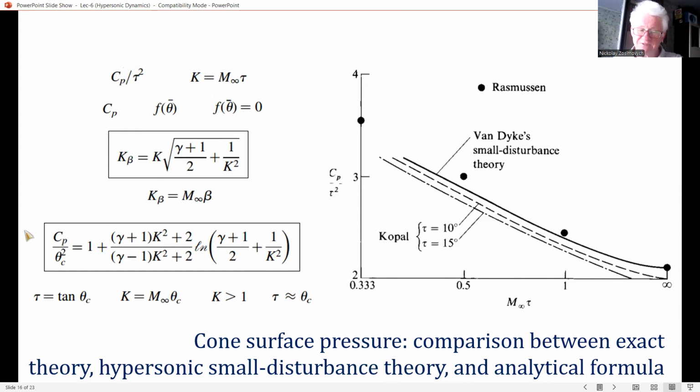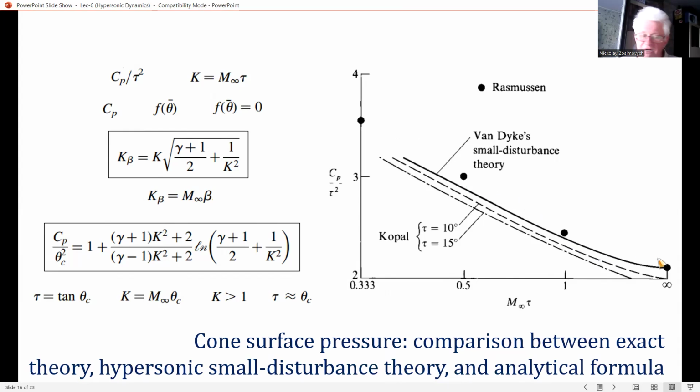In this analysis, Rasmussen approximated tau, the tangent of theta sub c, by theta c itself. And hence, in this equation of the bracket, we have K equals M infinity times theta sub c. And results from this equation are plotted as a solid circle